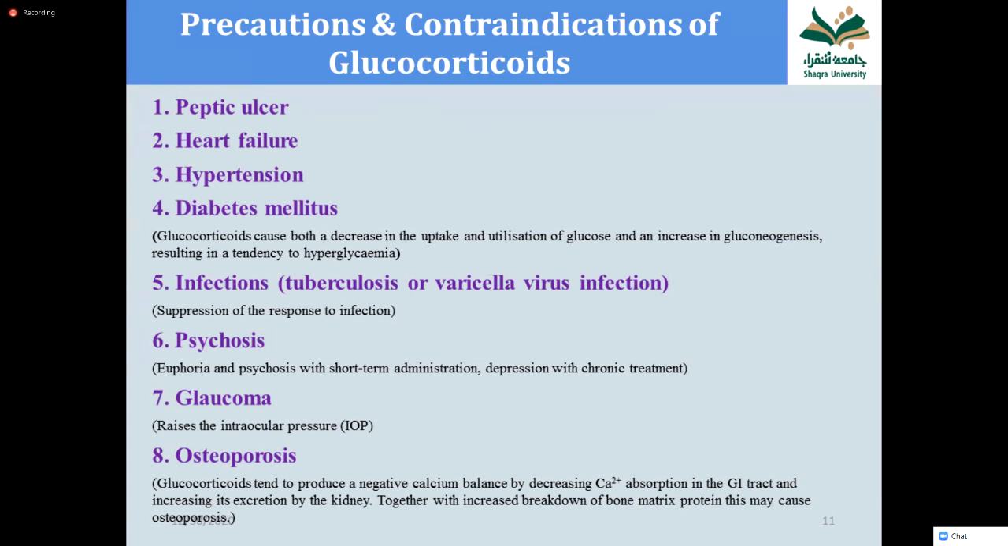First is peptic ulcer. So generally the use of glucocorticoids is associated with increased peptic ulcer bleeding. This is seen with mild to high dose, but not with the low dose. It may also lead to increased risk of heart failure due to hypertension and dyslipidemia. And third one is increased